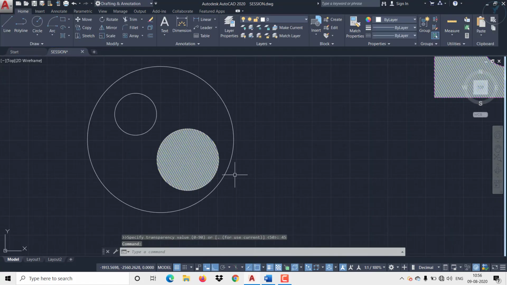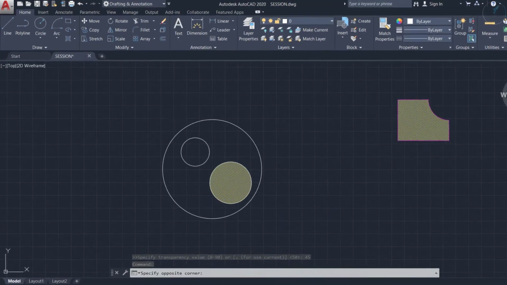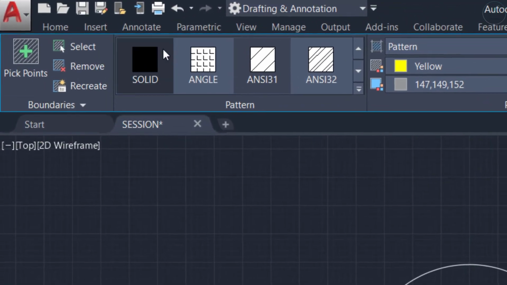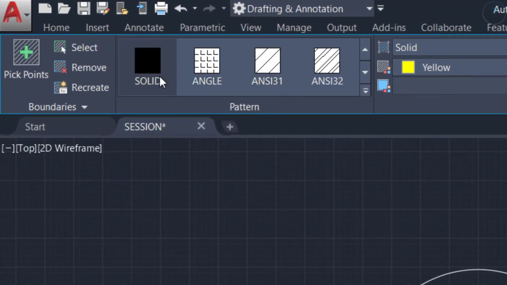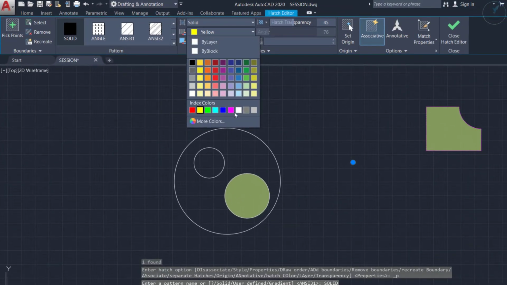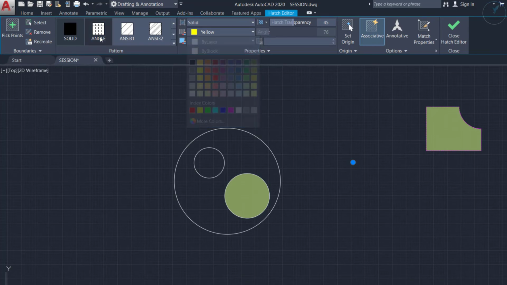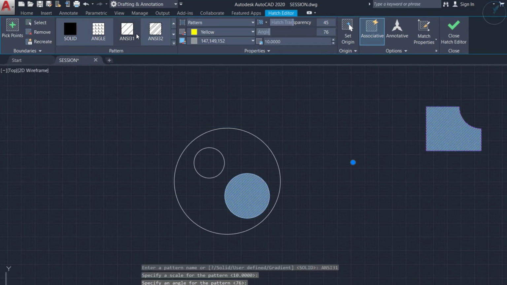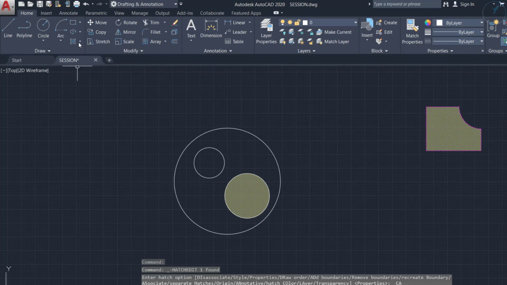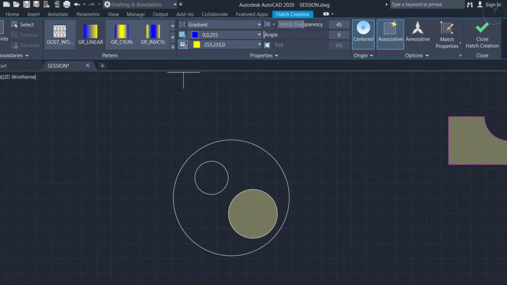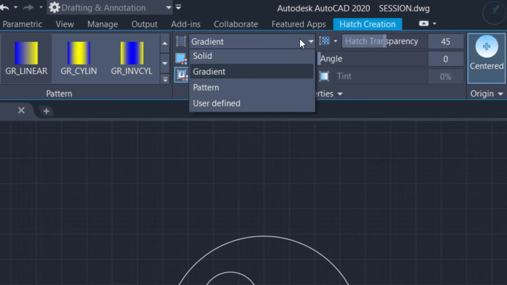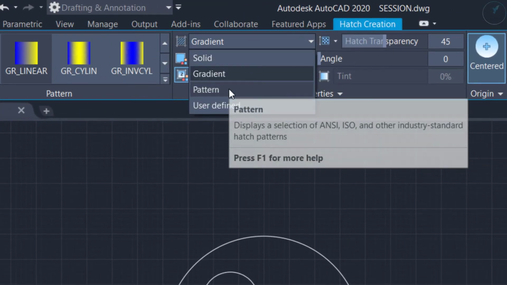Once again, if you want to edit, just click on that, then you can edit it. Or if you want to apply solid color, you can use that as well over here, or any hatching property you can use like this. Then we have one thing called gradient. It is exactly similar to what we applied in hatching. The only thing is, previously we used a pattern. If you want solid color, you can use this.